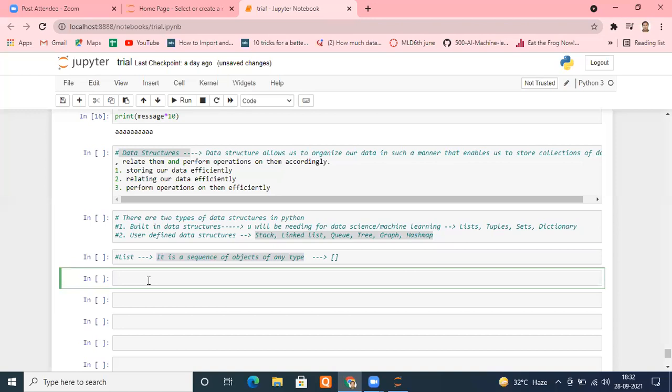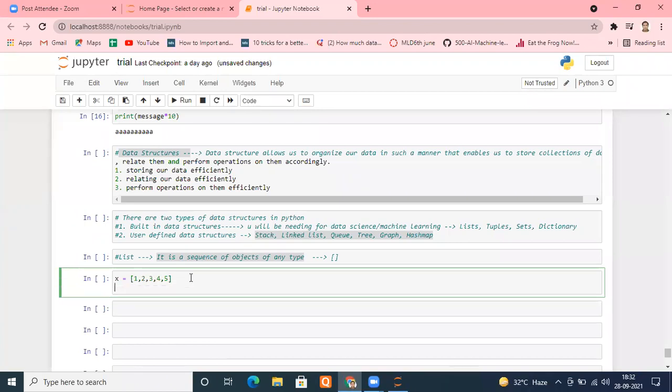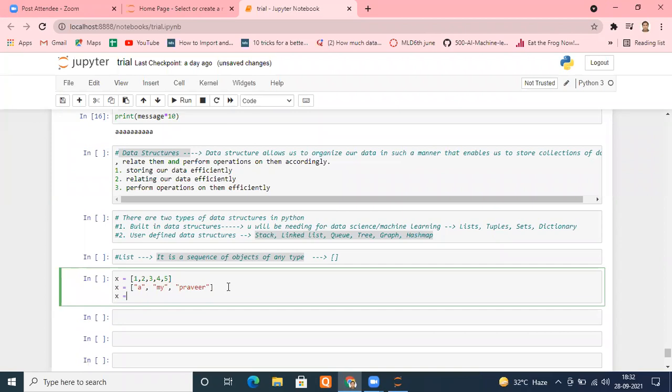For example, I'm creating a list. Let's say X is a list. It can have numbers like 1, 2, 3, 4, 5. It can have strings inside this, like a, my, Pravir, anything. It can have a collection of these as well, for example 1 comma a.